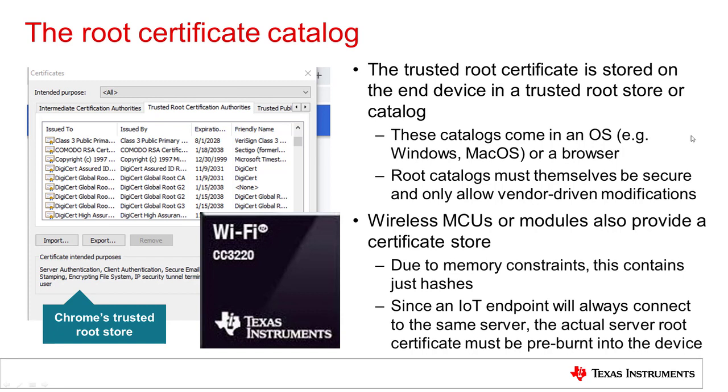So in the case of an IoT endpoint device, the IoT vendor is going to know the root certificate for the servers that the endpoint will attempt to connect to, because they're connecting to a specific endpoint. They're not randomly going out and connecting, for example, to Google or Microsoft or Facebook or just general web addresses. And therefore, the root certificate for the server would actually be pre-burnt into the IoT endpoint device, so it has that and can use that to complete the certificate chain validation.